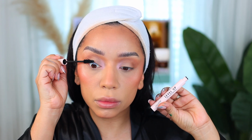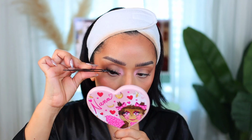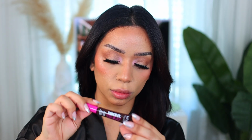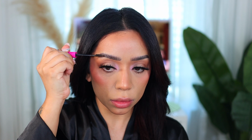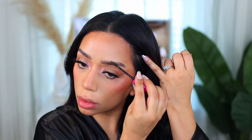So I'm using the new Colourpop Level Up mascara, and y'all, this mascara is so good. I was shook. And then of course we added some lashes. I think these are the ones from Beauty Creations and Let's Do Makeup. I felt like my brows needed a little bit of warmth. They look a little ashy, so I just took the NYX little mascara thing for the brows. You saw which one I'm talking about,